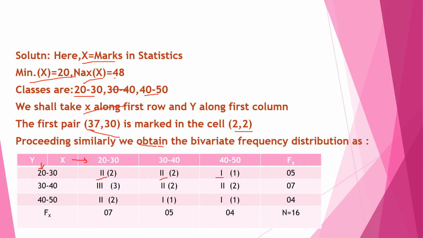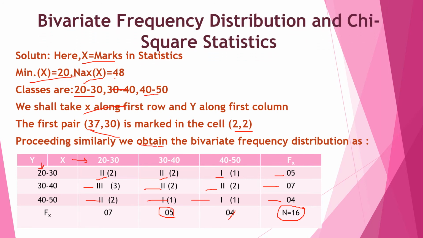After calculating the frequency bar, add the summation. This will be 5, 7, 4 and the total which we get over here is 60. Same way over here, 30 to 40 we have 3, 2, again 2, it is 7. Then 40 to 50, 2, 1, 1. Total we are getting 5, 5, 7 and 4. So these are the ways in which we are able to calculate the things.